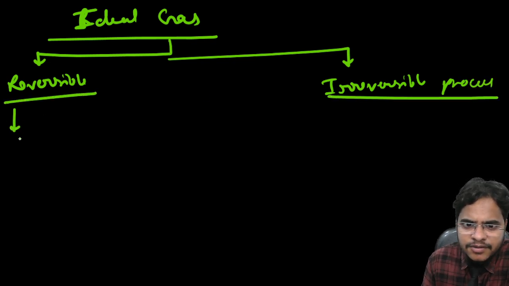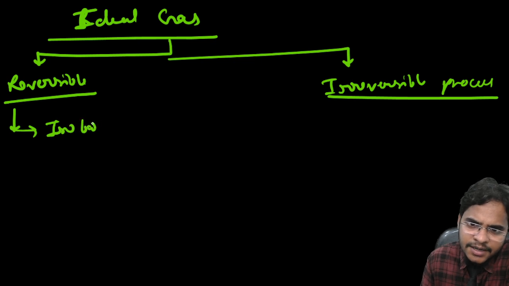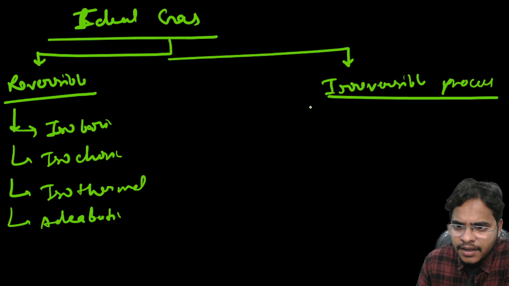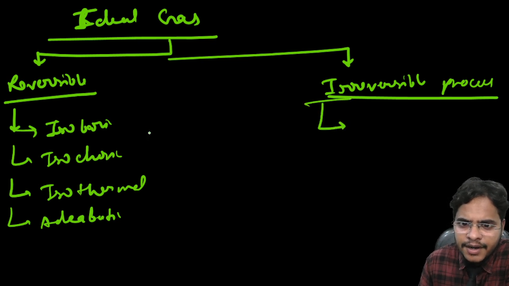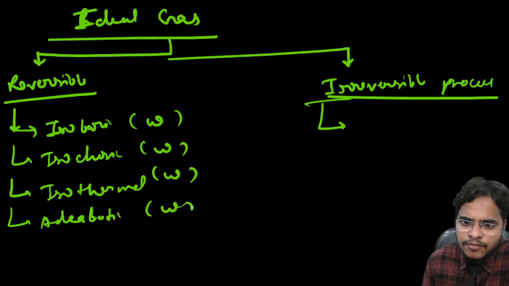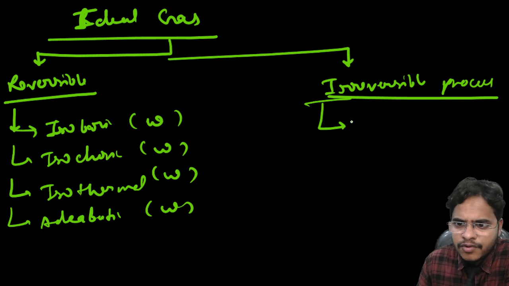For the reversible process, we have another 4 types of process: isobaric, isochoric, isothermal, adiabatic. And we also calculate work done for the ideal gas for the irreversible process,